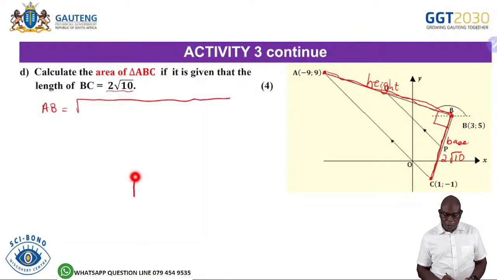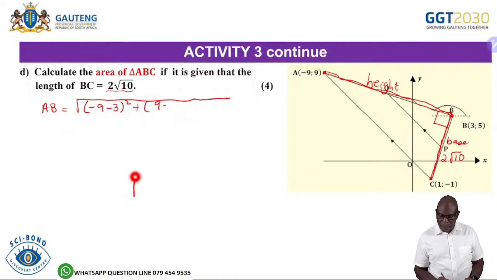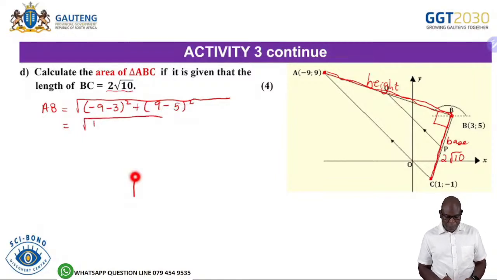Length of AB. So the length of AB will be negative 9 minus 3 squared, it's negative 9 minus 3, and then plus 9 minus 5 squared. And the length of AB is going to be the square root of, so I'll have 12 squared is 144, 4 squared is 16, then I'm going to have the square root of 160, which is nothing else but 4 root 10,